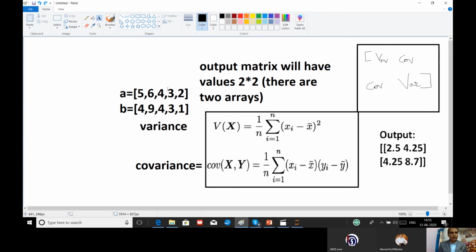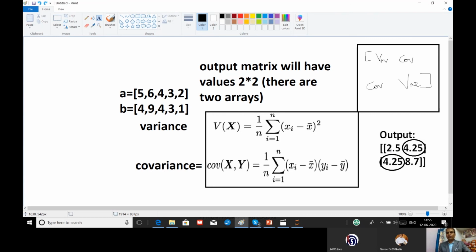Again, I will tell you clearly, all these values will get added together. Then they will be divided by the number of elements. How many elements are there? 5. Then this will be a mean. X bar will come. For Y also the Y bar will come. You have to do the same thing. Then you have to multiply like that and you have to put n minus 1 for variance. When you calculate variance, you have to write divided by 5 minus 1. Number of elements are 5, so we'll write 5 minus 1. You will get the result 2.5.